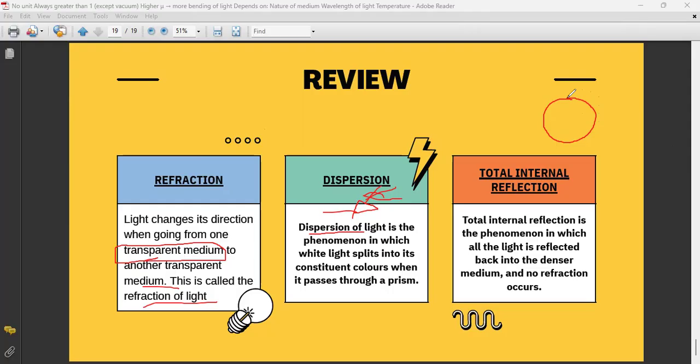don't get refracted, and light is reflected back into the denser medium again. So the light doesn't get refracted anymore, but it comes back and gets reflected. So this phenomenon is called what? Total internal reflection. I hope all the concepts that we have studied today